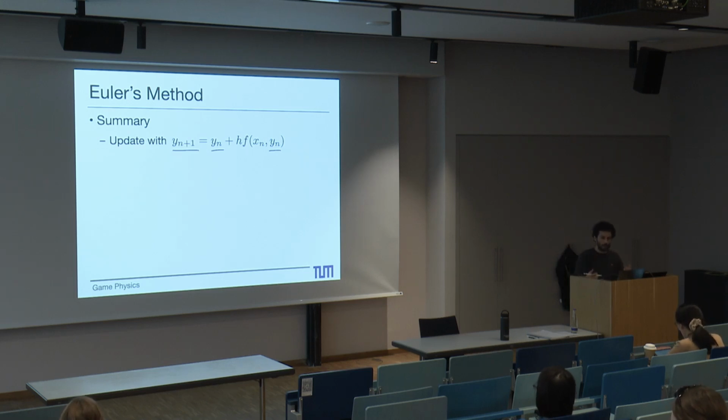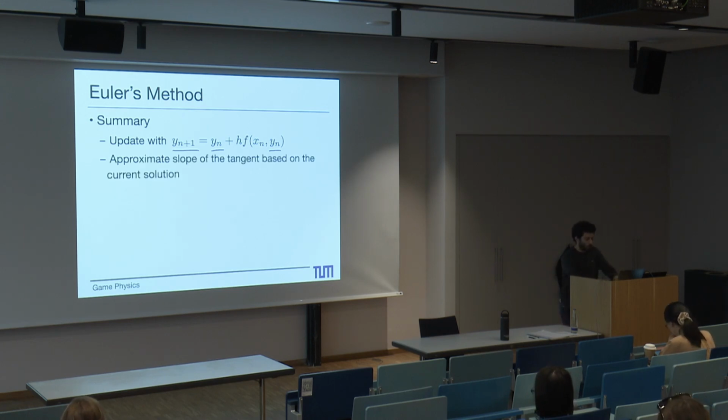There are other methods that consider on the right hand side of the equation also yn plus 1, but those are what we call implicit methods, and we're going to have a look at them later in this lecture. So what we do is approximate the slope by using the tangent in the current solution,